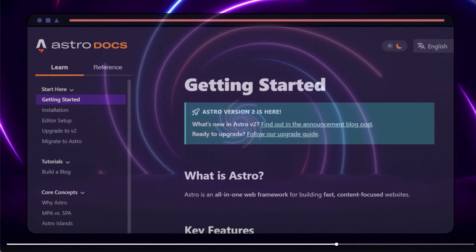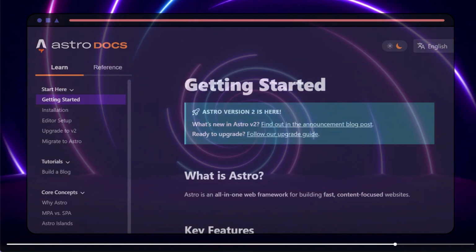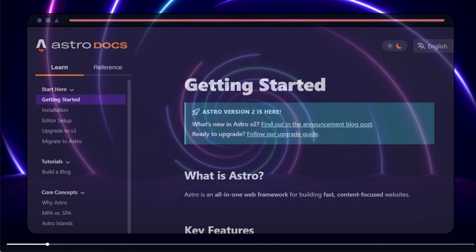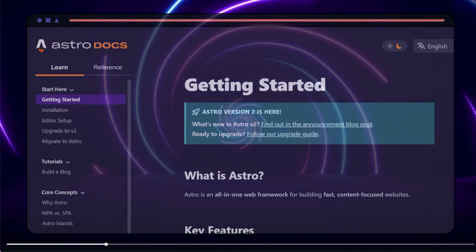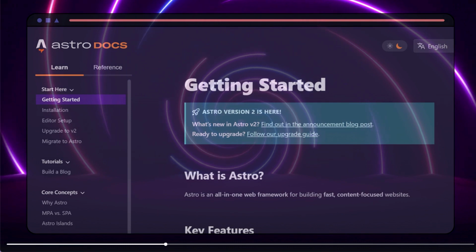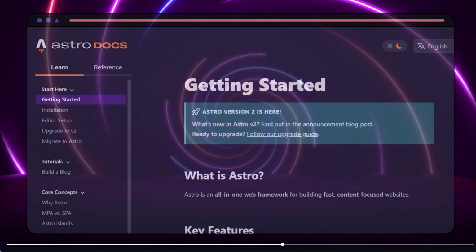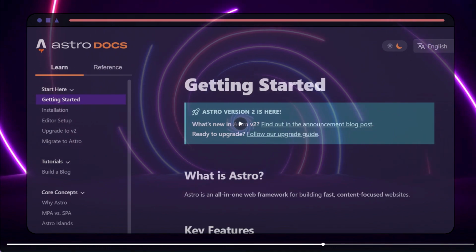We'll fix the guide. Happy to continually celebrate our translators. So here's the new little blurb on the docs landing page: Version 2 is here. See the announcement post. Hit the upgrade guide. Awesome. Thanks so much, Sarah. There was another little thing we wanted to chat about, which was the